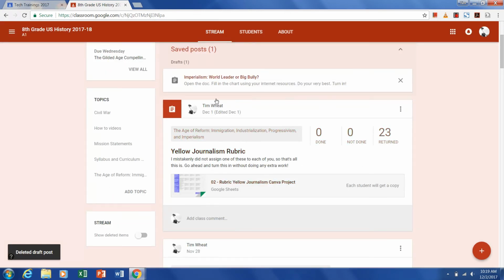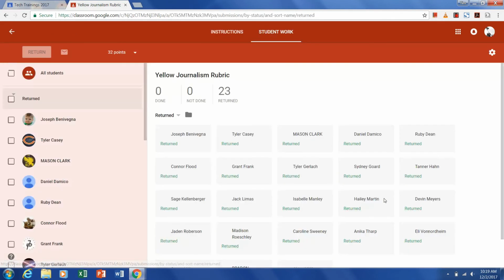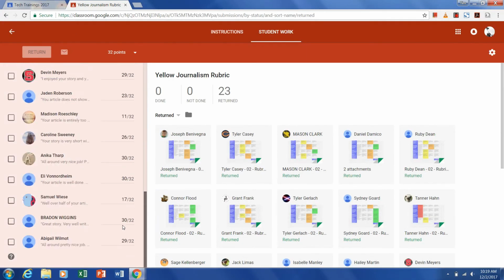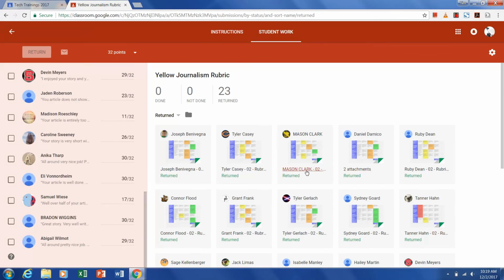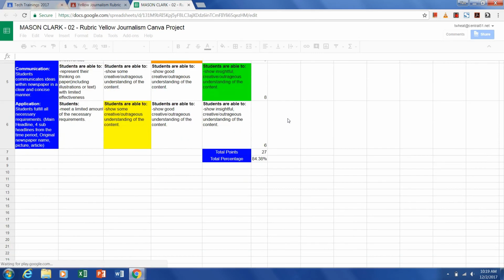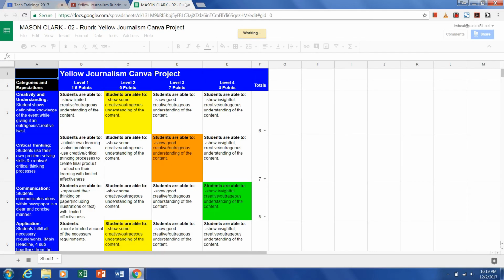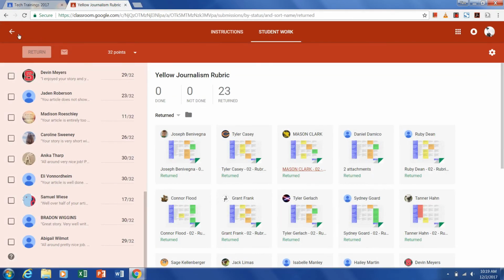that class. Here's how it works with the Yellow Journalism rubric. They already did this, and I have returned it to them. If we click on here, it will show you. And there's grades sitting over here on the right, and this is what we have over here. Let's look at Mason Clark's. Here is his rubric that I can fill out, and when I get done with it, it just gets delivered